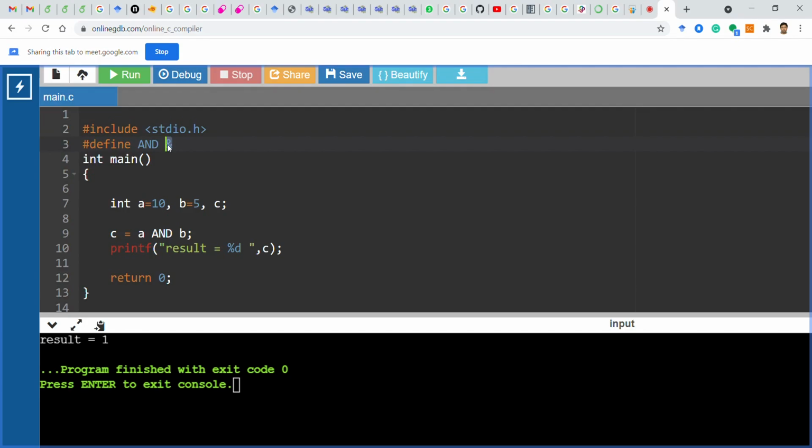If we have a bitwise AND operation, obviously you have to do it at the binary level. So binary of 10 is 1 0 1 0. Binary of B, that means 5, is 0 1 0 1. Just the complement of 10, right? If you do bitwise AND, what will you see? In every bit, I mean, if you check from the right or from the left, it doesn't matter,